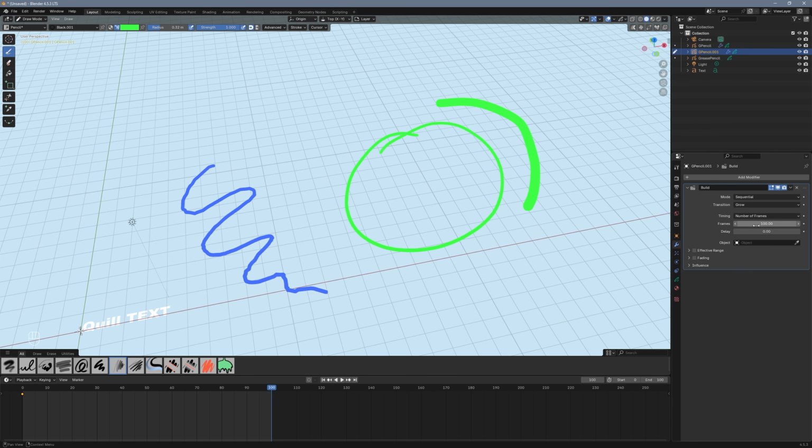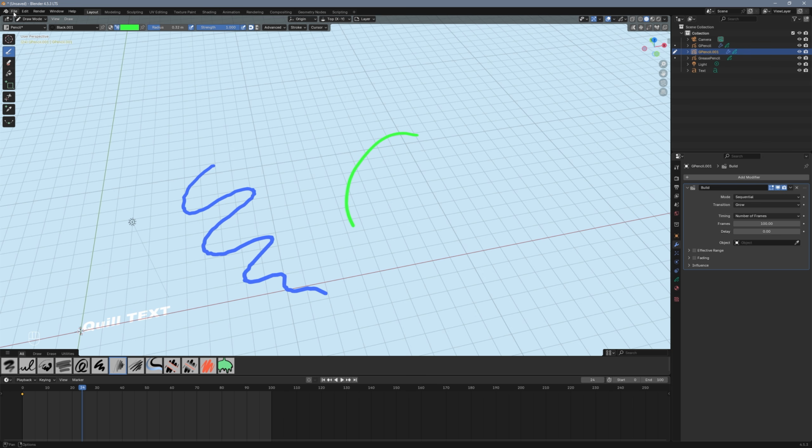Oh yeah, here you tell it the range of frames you want the animation to run. This can be useful for a number of things, but basically for making this effect. You can also import stuff from Quill as a grease pencil object, then apply this modifier,